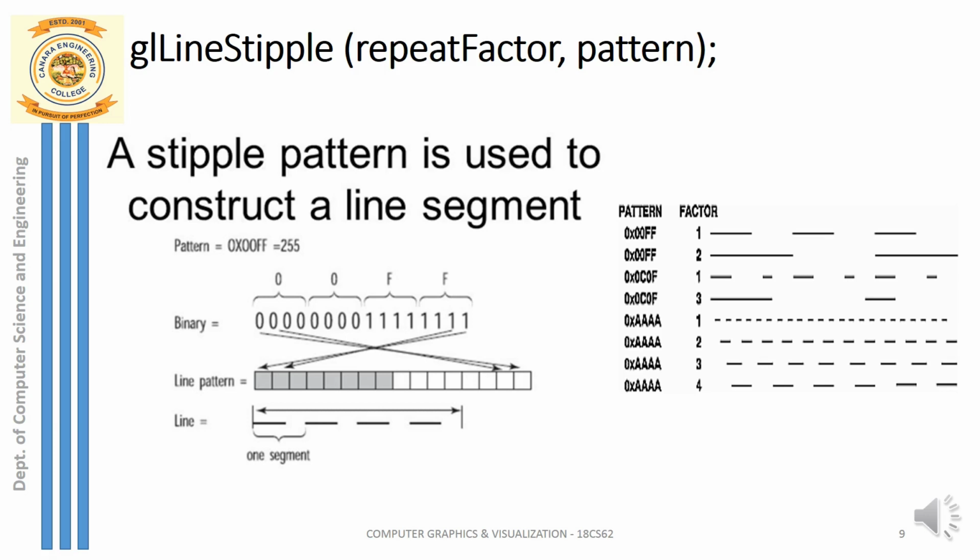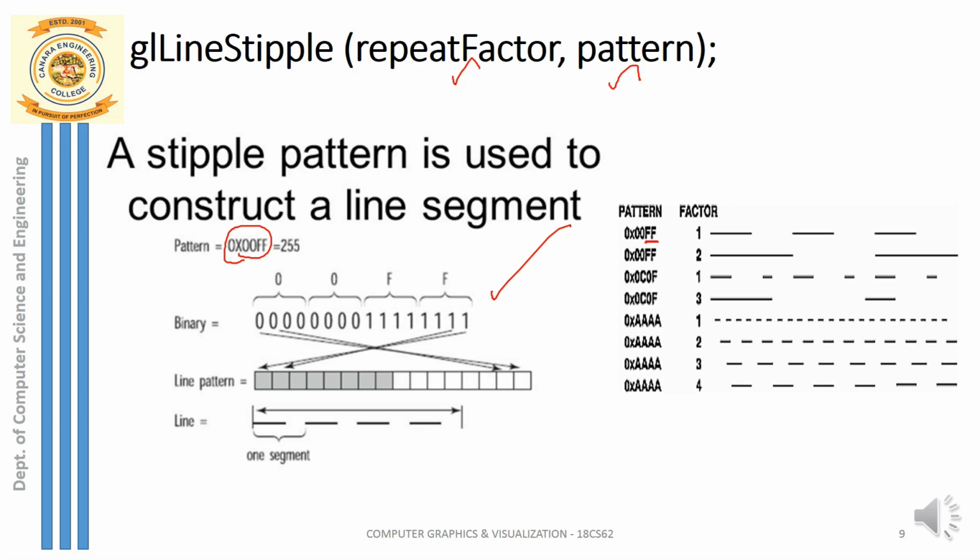So here is an example wherein different patterns are shown. One sample pattern is shown for drawing the line stipple. The syntax is a repeat factor first and the next one is the pattern, and here several such patterns and repeat factors are shown and the corresponding output lines are drawn over here. You can just see one sample out of it, that is the pattern 00FF, and you can see here the 16-bit binary pattern. It is represented as 16-bit binary.